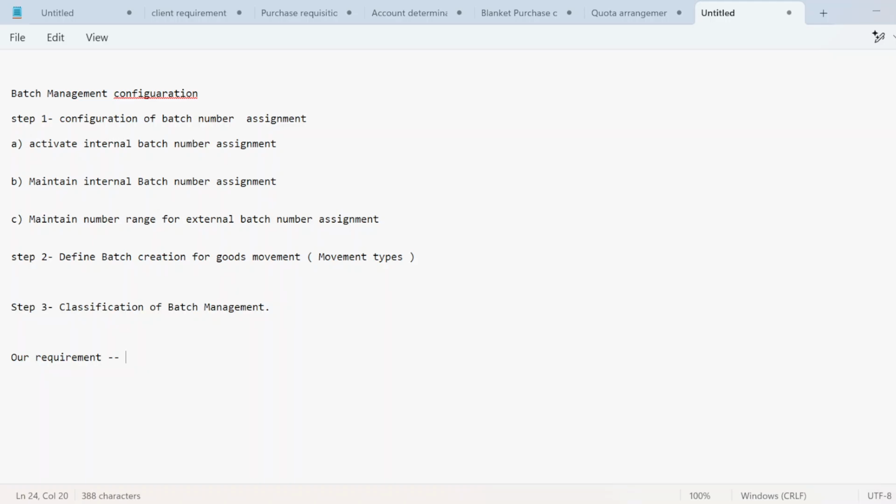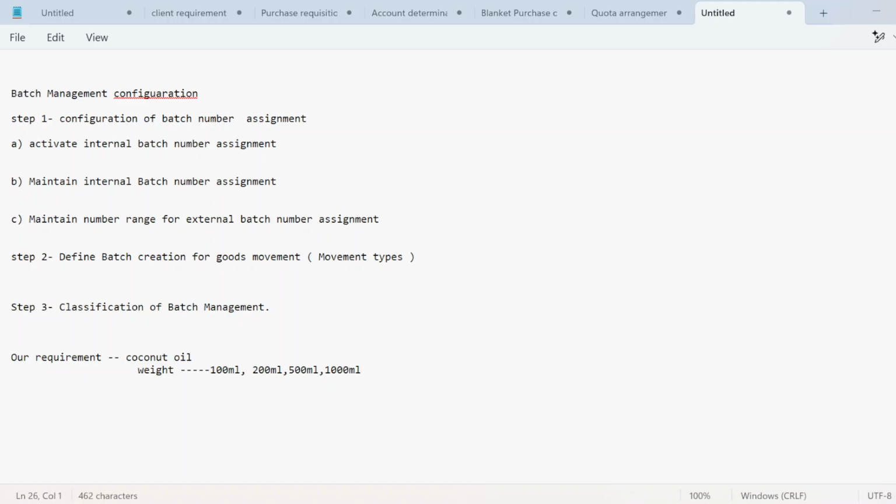So let's suppose we are talking about coconut oil. In coconut oil, as per weight, we are going to categorize like 100 ml packing, 200 ml packing, 500 ml packing, or 1000 ml packing.